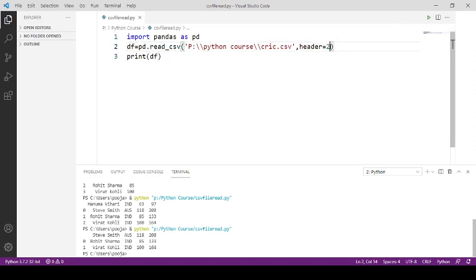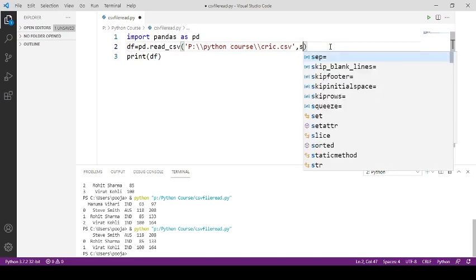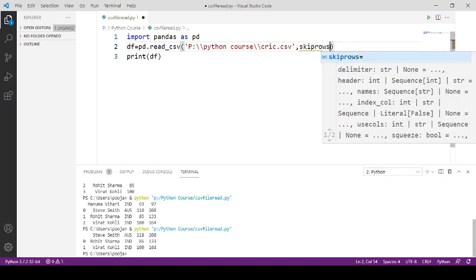Now you can also skip rows using skiprows parameter. You just need to write skiprows and then you need to specify the row number to be skipped. So I am specifying 1.